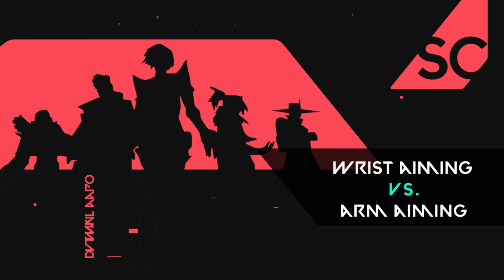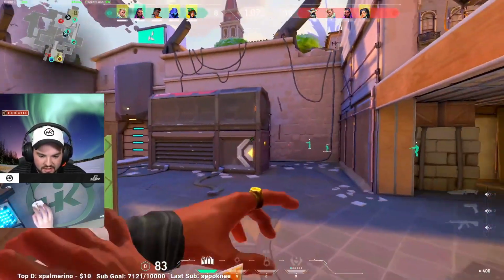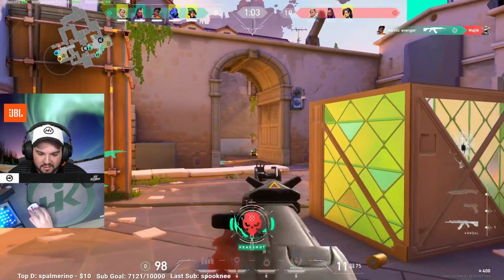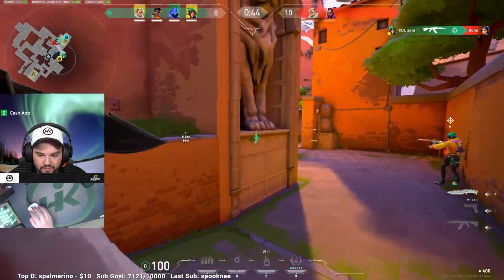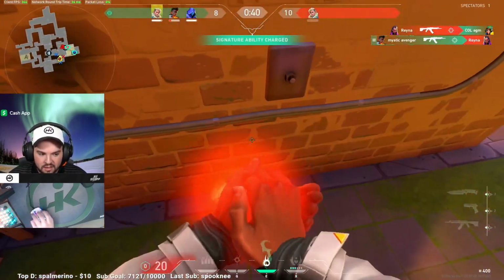In this video, we're going to be reviewing wrist aiming and arm aiming. These are the two different styles that you can maneuver your mouse, and they each have their different pros and cons. Determining which style is the best for you to use is crucial to optimizing your aim. We're going to go over what wrist aiming and arm aiming are, discuss the benefits and negatives of each, as well as discuss other external factors that play a big impact on whether you should be an arm aimer or